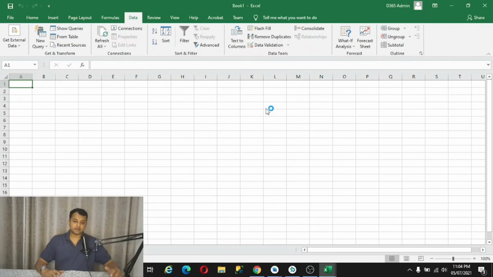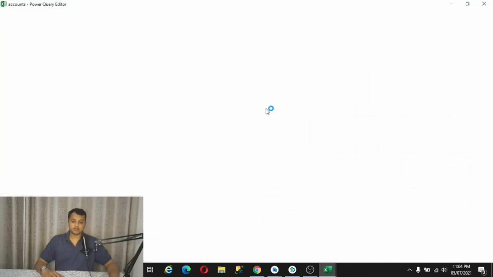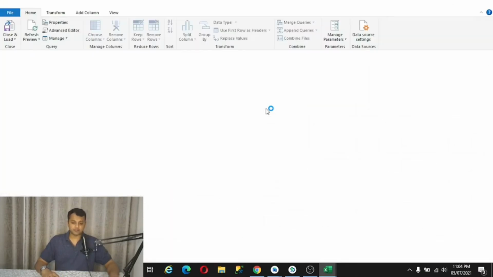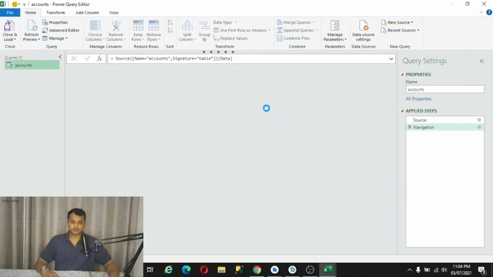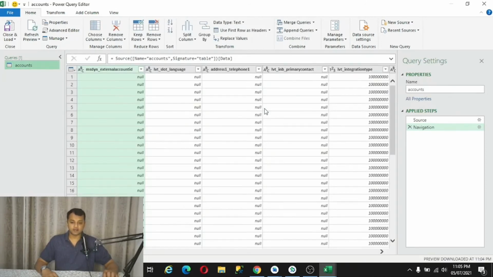Why I'm selecting Transform Data is for multiple reasons. One is we have a huge number of records available. To limit that, I'm going to filter some of the records from here, so that while I'm loading it into my Excel, I do not put so much burden on it to load and process the data.